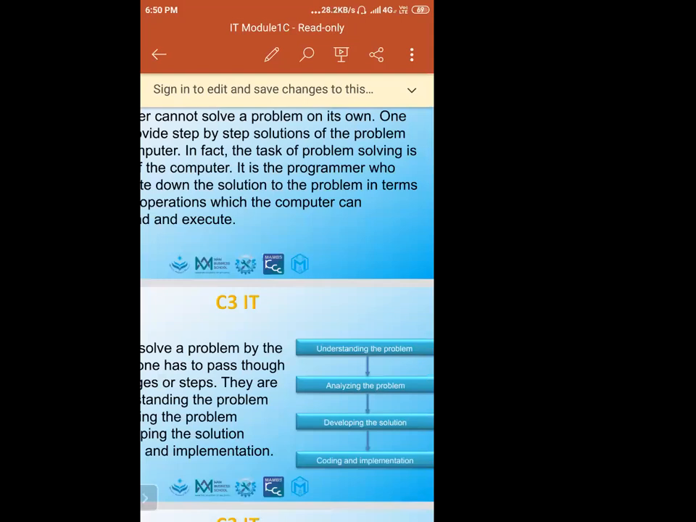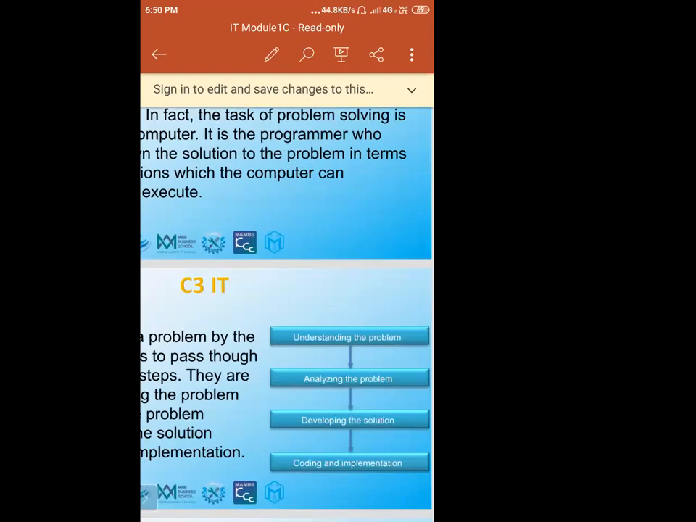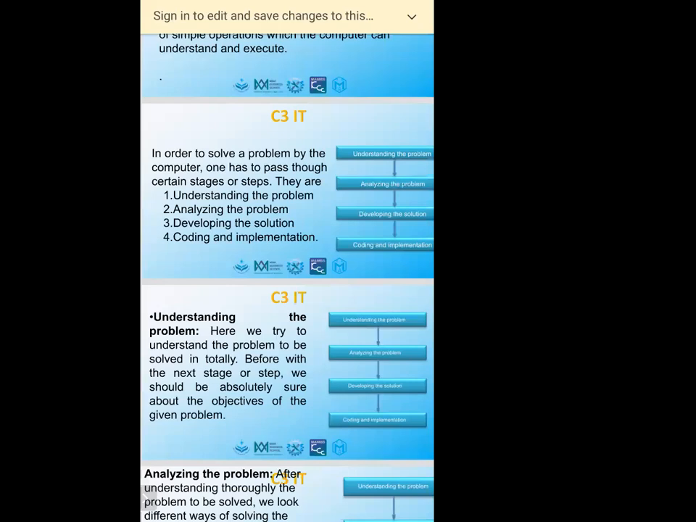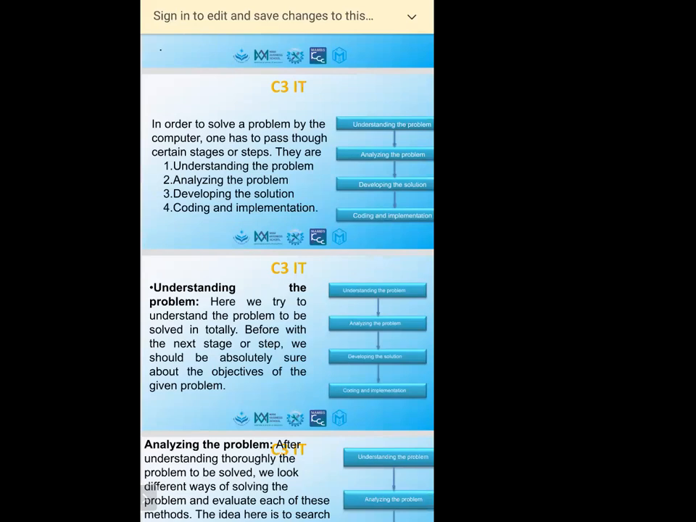Understanding the problem means here we try to understand totally the problem to be solved, what the problem is that has to be solved. For example, mark entry of the students. I have written a program for our MEMS college, the management software fee entry system. You are entering the fee, the monthly installment, for example the sixth payment. Some students joining a degree course or diploma course will be